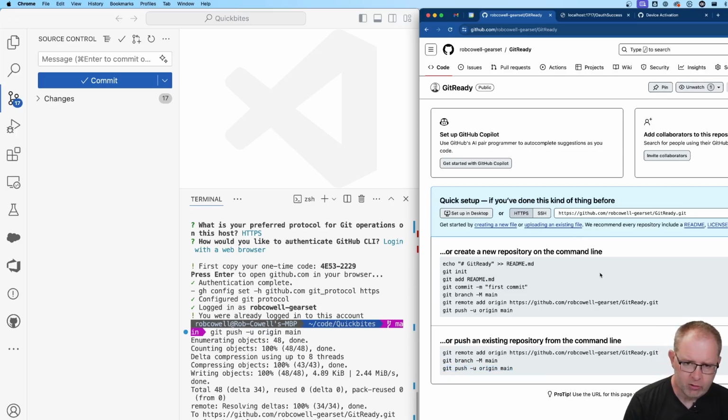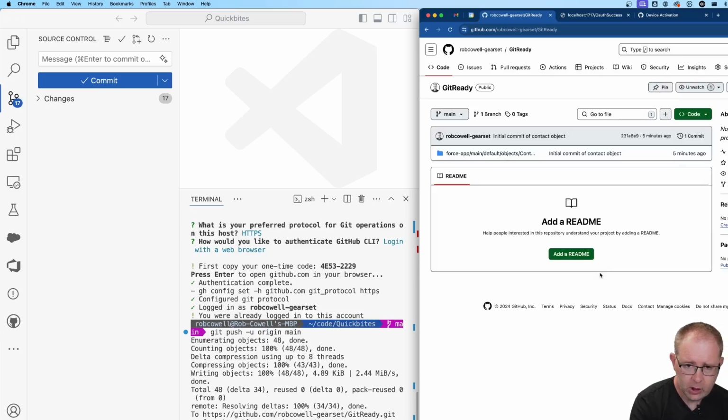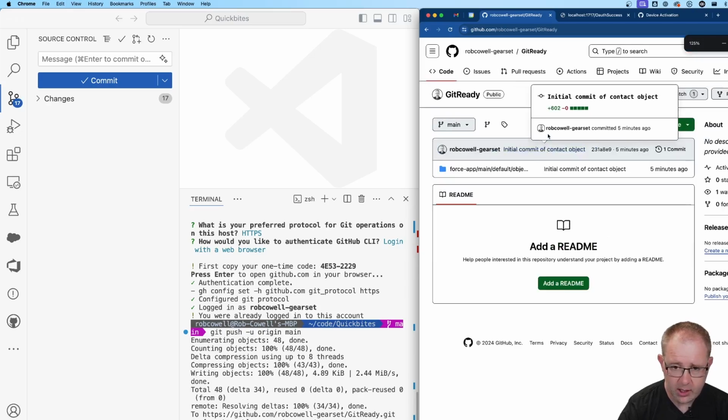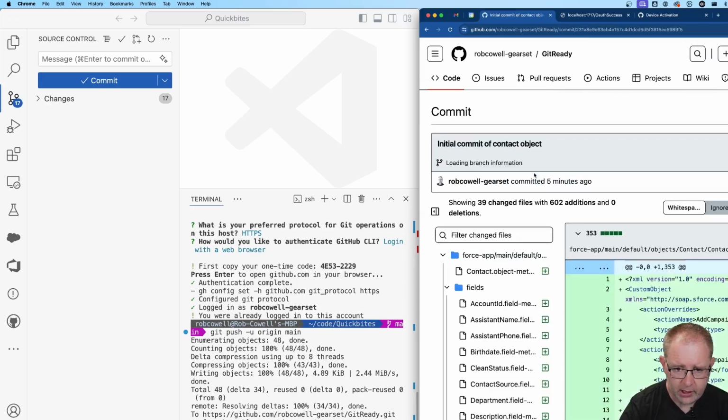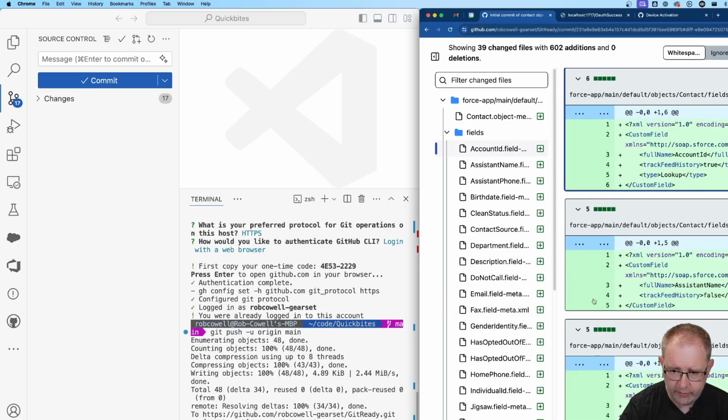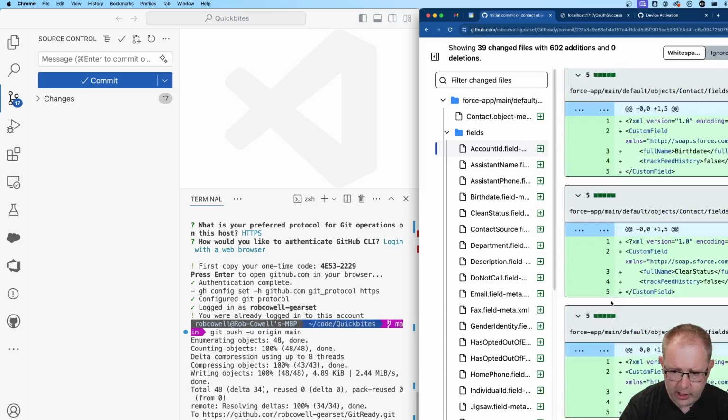So where we've got our repository that has the instructions on what we do, if we now refresh that, we can see that I've had that initial commit of the contact object here, again making that a little larger for readability. We can see by clicking on that commit name what files have changed. We can see our contact object, we can see our fields going in, we can see all the little pieces